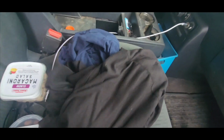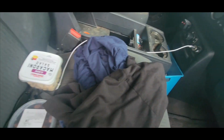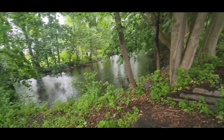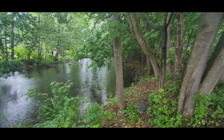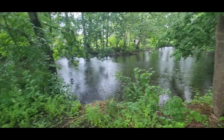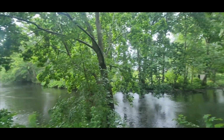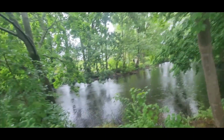Well, now I gotta get from my soaking wet clothes into some not quite as wet clothes that got rained on because I left it out on the back of the truck. But it was fun. I'm going to come back because I know I can go up that way further, and I know I can go on the other side of that bridge down there, and these houses in here are really old, and kind of